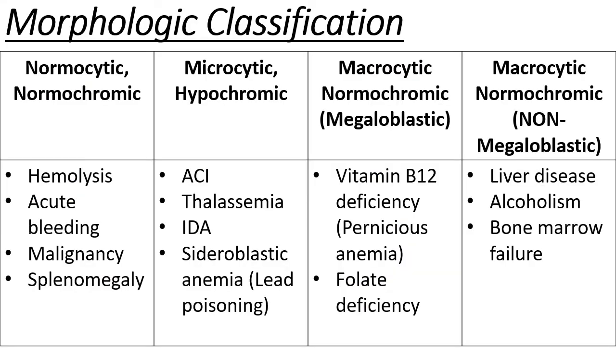Okay, pagdating sa classification of anemia, we almost always base on the RBC morphology given from the data of your RBC indices. Okay? Halimbawa, sa normocytic, normochromic, ano ang expected RBC indices results natin? Normal MCV, normal MCHC. Microcytic hypochromic, low MCV, low MCHC. Macrocytic normochromic naman, high MCV, normal MCHC.